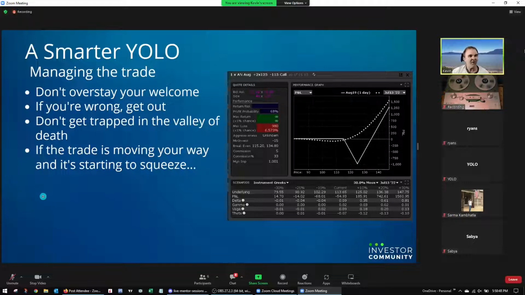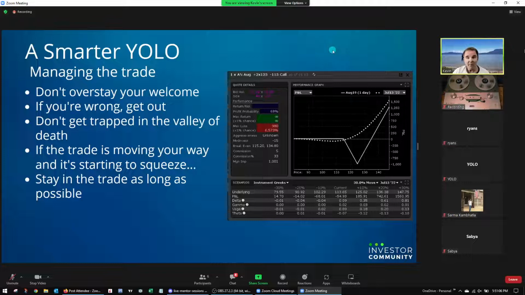If the trade is moving your way, though, and it's starting to squeeze, then obviously we want to try and stay in it as long as possible, right? We want to ride that all the way to the end if we can. But these short squeezes can end really quickly and suddenly.